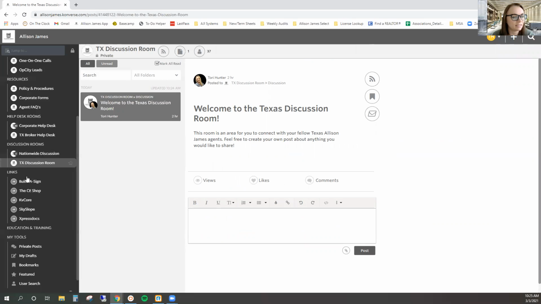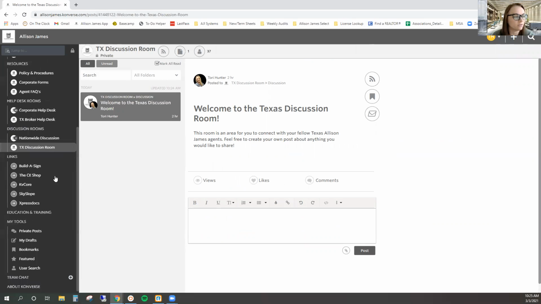Now, the next section is the link section. And this is actually one of my favorite features of the app. And I think it's going to be yours as well. So we do have a bunch of different systems, as you know, that we use here at Allison James, and each one requires different login information. So if you're one of those people like me who find yourself searching for your passwords every day, those days are over for kvCORE, SkySlope, and ExpressDocs,